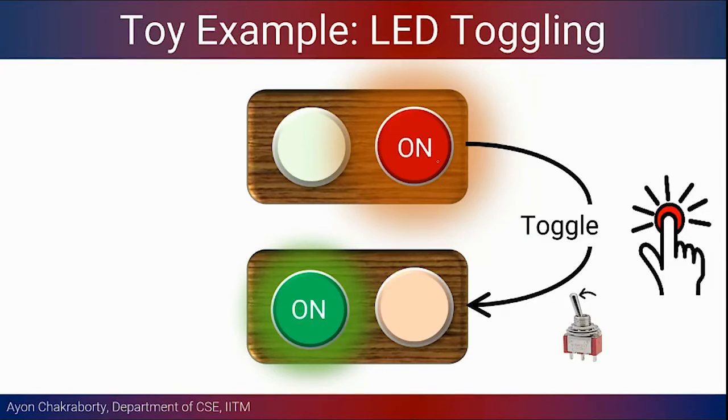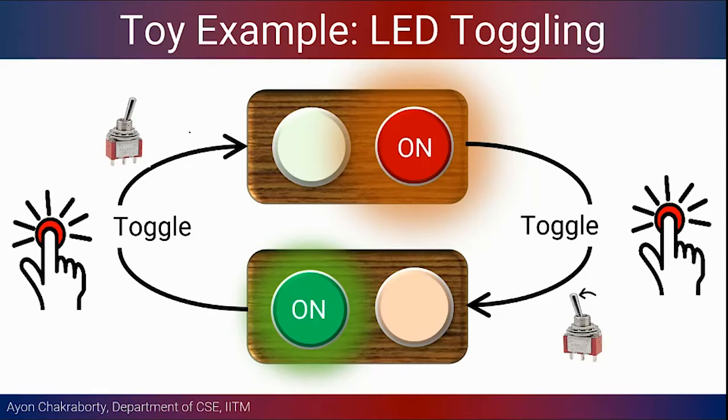The red LED turned off, and there is another LED, the green one, that turned on, and this continues, right? If you again toggle the button, so you basically flipped the position of the switch from this left hand side to right hand side, and it basically goes back to the same state. Very simple system, right? You just toggle a button and your system changes or flips which LED is on.